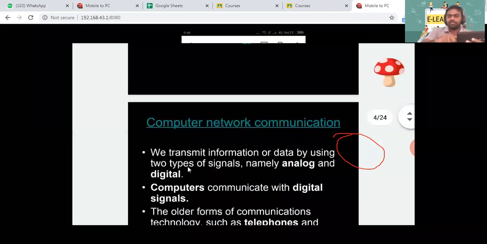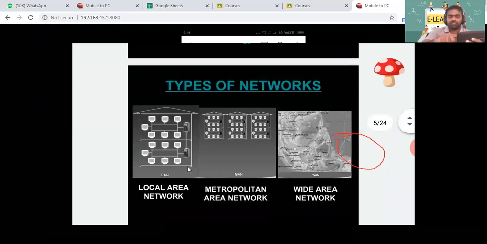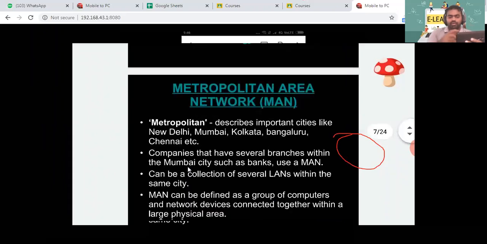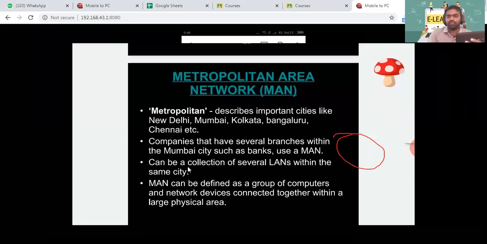Like this, I'll keep moving to the slides one by one, and the way we explain in the classroom while presenting a slide on the screen, the same way we have to speak.